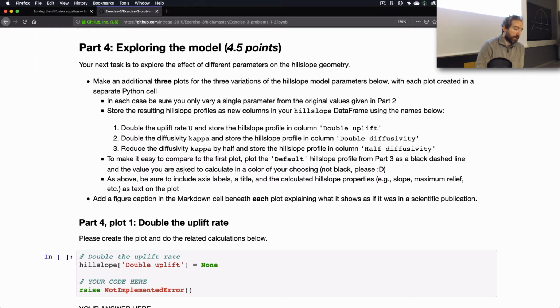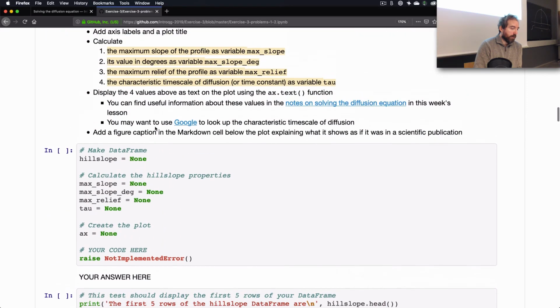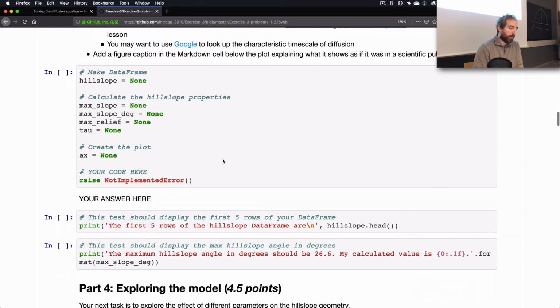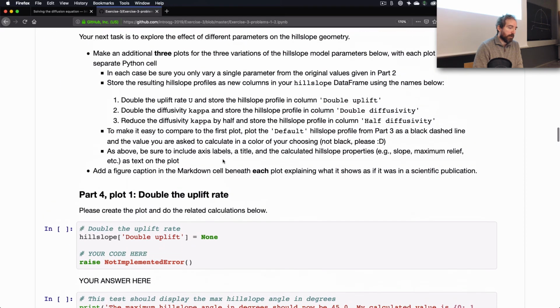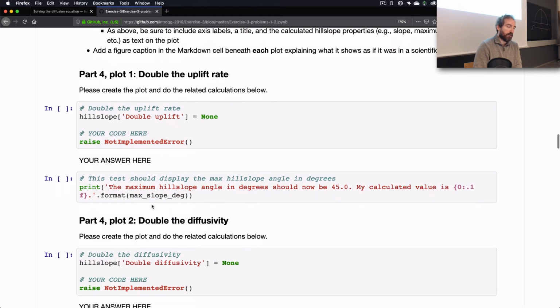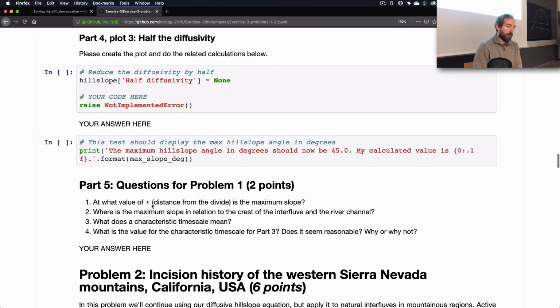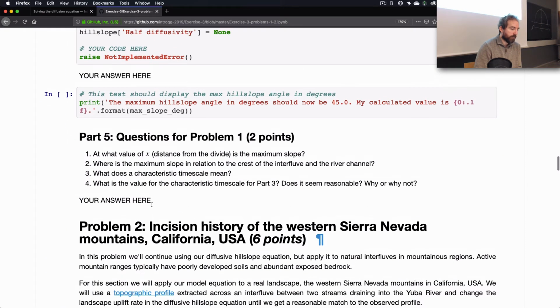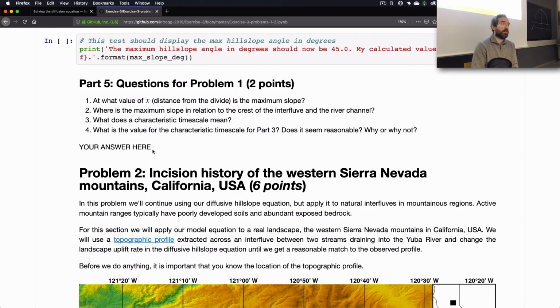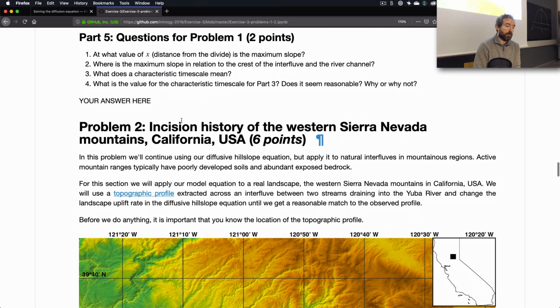resulting hillslope profile. So there is one variable we don't play with here, and that is the length. You can play with that as well, but it makes it a little bit tricky with how the data frames are set up. So we won't do that until part 2. But basically, you're going to make 3 plots here, and there's a little subsection heading for each plot and a place for you to put those in the notebook. So after that, there's a couple questions, just general things about these hillslope profiles, and then it's on to